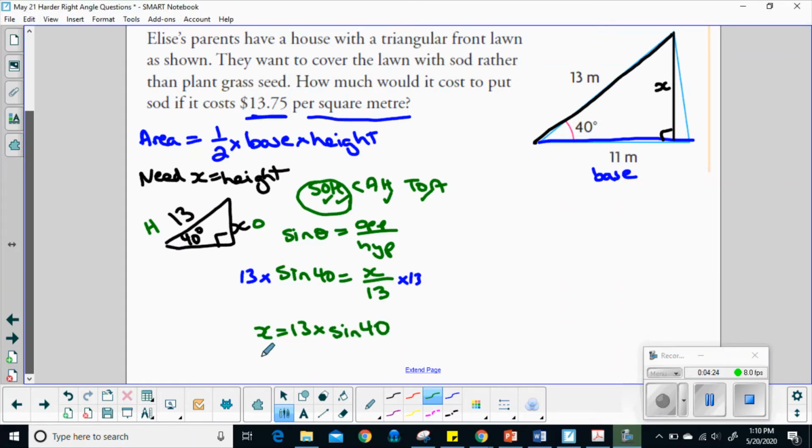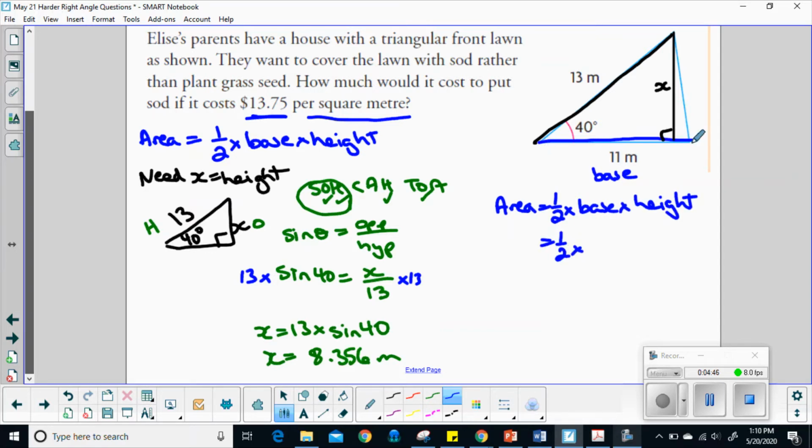So when you pop that in your calculator, you should get 8.356 meters. So that's the height of my triangle. Now that I know my height, can I solve for my area? I sure can. Area is half times base times height. So my base is 11 because that's the entire triangle, right? I could not use that in my right angle triangle, but I can use it for my whole triangle,